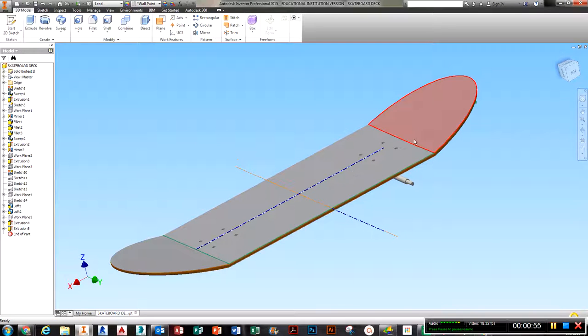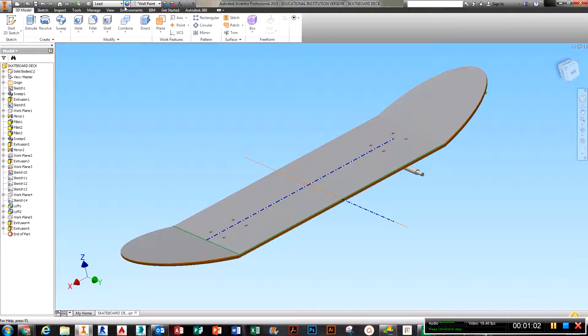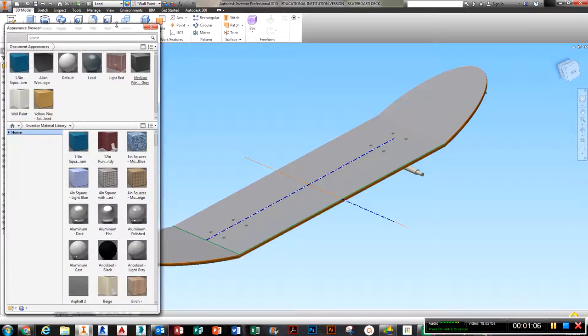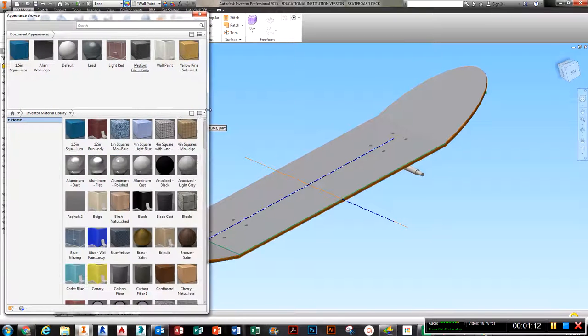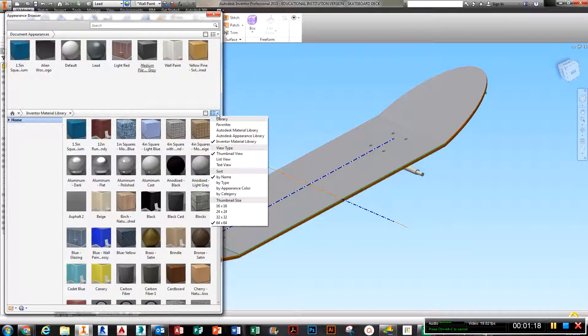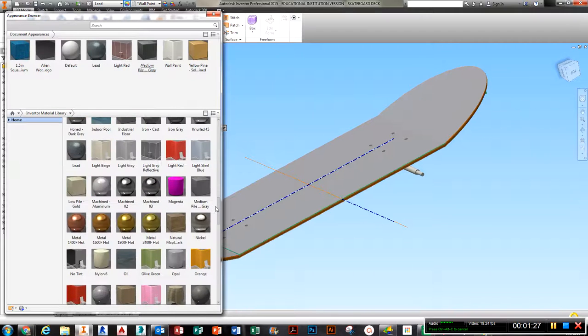So the first thing we're going to do is add grip tape to the top of the skateboard, which is just basic sandpaper. We're going to go to our appearance dialog box, since we have a generic appearance everywhere, and hunt through here for materials that have some kind of pattern to them that looks like sandpaper. So if I scroll down to some of the carpets,